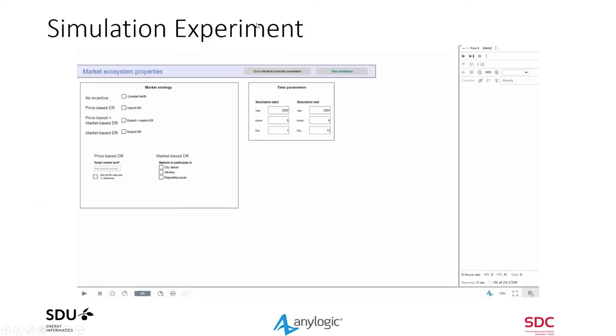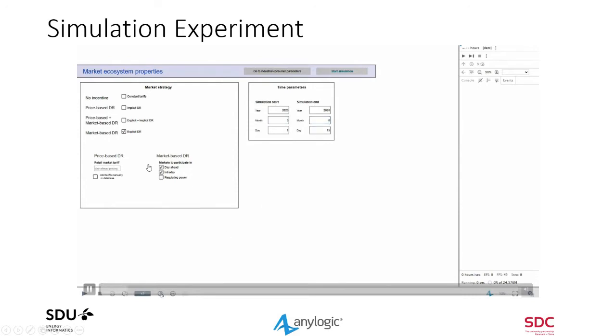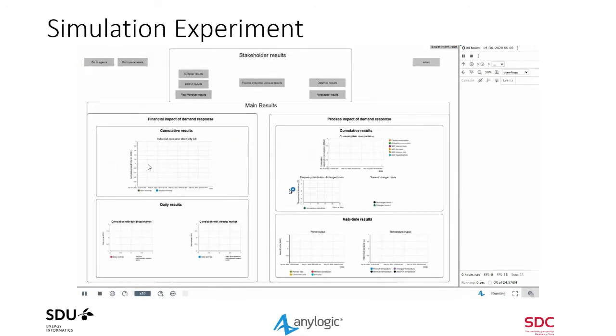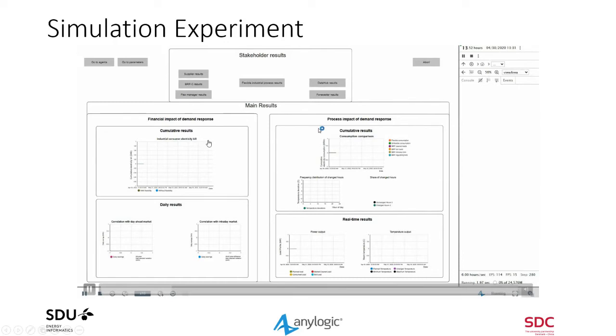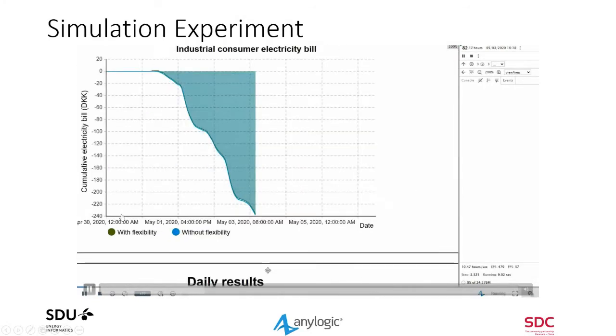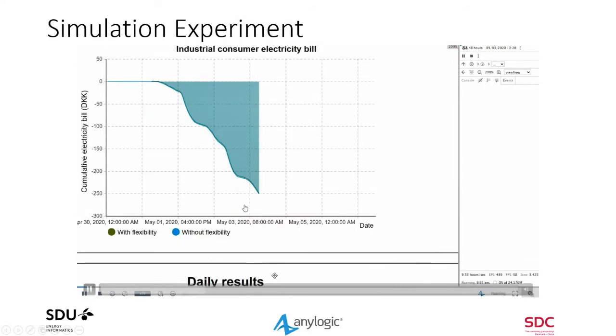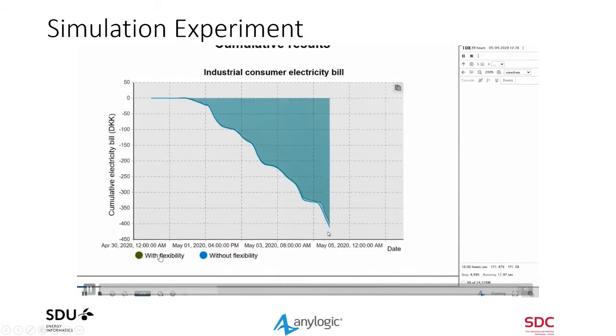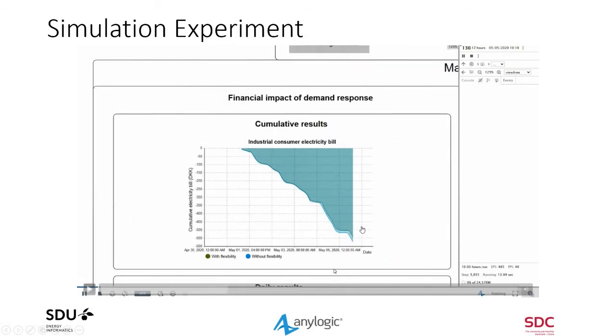And so if we launch the simulation, I'll choose an explicit demand response, which means directly participating in the market itself without this middleman, without the supplier. So that's the business model we're considering. Once you start the simulation, you get these results, which is what the consumer is interested in. On the left side, you have the financial impact of demand response, right? So you want to know how much you're saving or not. And essentially, as long as the green line with flexibility is above the blue line, it's happy days. It means you're saving essentially on your bill.